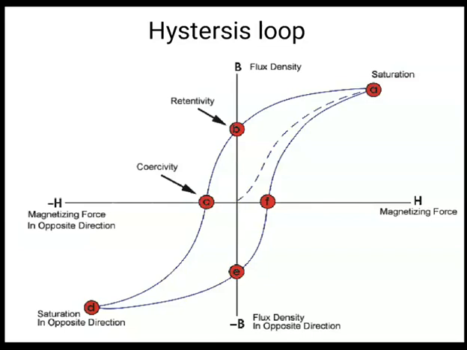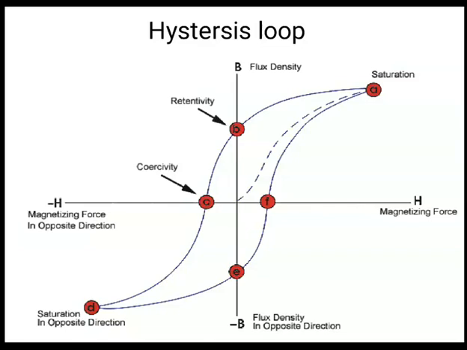So what happened at B? At B, the magnetizing force, that is H, becomes 0, but still we are getting flux density. That flux density is nothing but the residual flux density. Are you getting my point? When we start decreasing the current after A, the flux density is decreasing, but at point B, H becomes 0 and still we are getting some flux density. That is nothing but residual magnetism, and that property is known as retentivity.